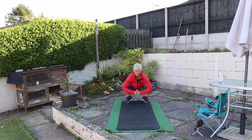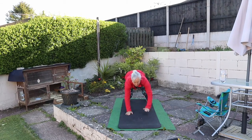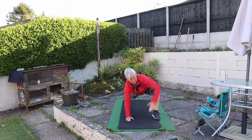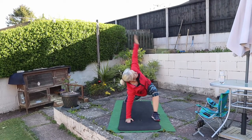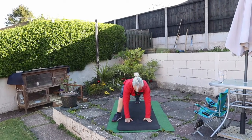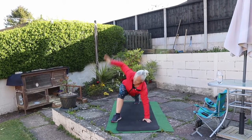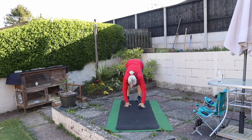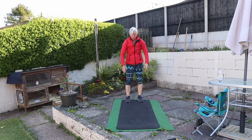So as usual we go into our normal warm-ups: squat, push out, give it a couple of seconds, walk forward into your plank, foot to hand, and then stretch behind. And again, we just do 5 of these. So 1,